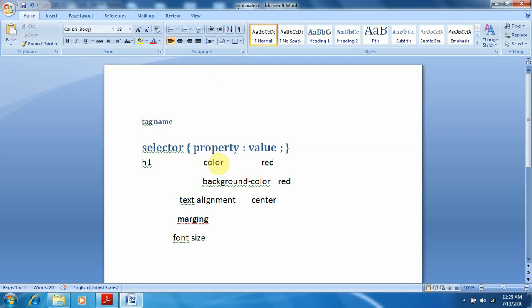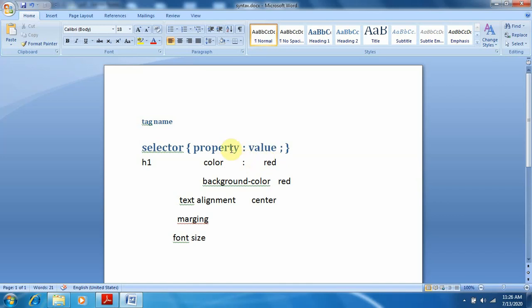We want to apply some color property to this h1 tag, that's why we are writing color under property, then colon. Then we have to write the value. Every property has a value according to which the selector is displayed. We are giving the color property the value red.